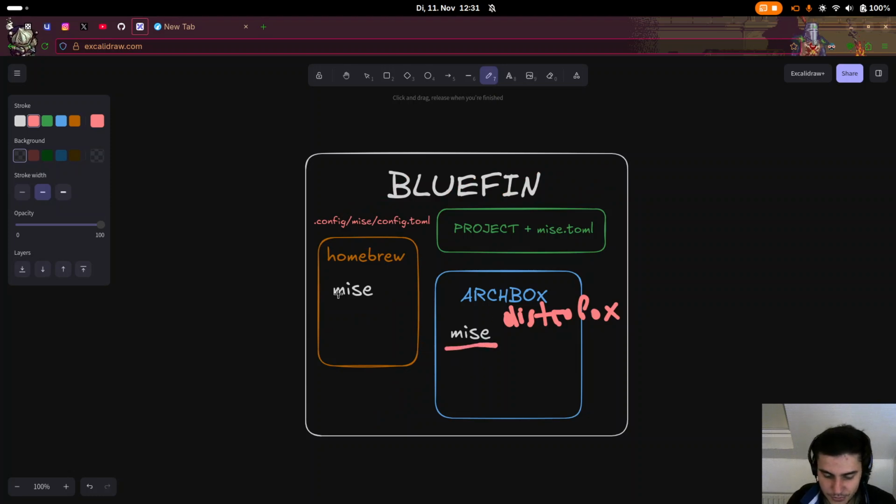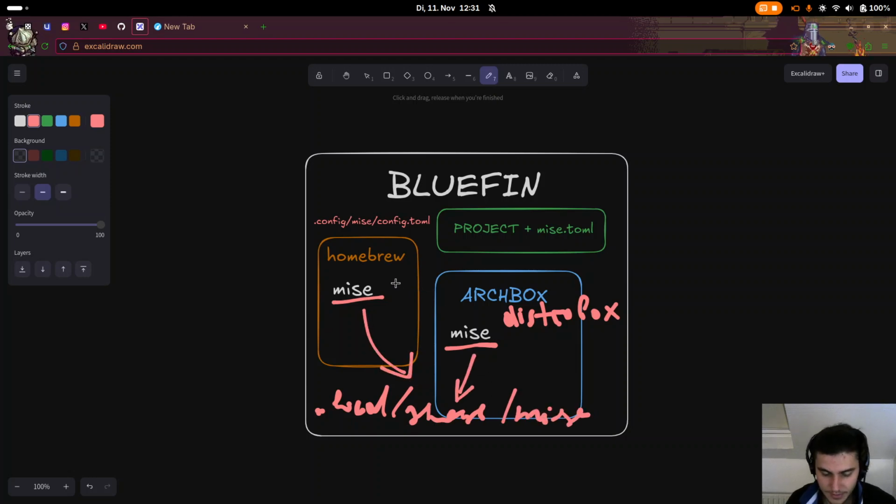You just basically bootstrap Mise on both here and here. Here it's not really necessary, but I don't want the annoying bash reminder that I'm not having Mise. And it is quite nice because Mise is going to install into your local share mise. In local share mise, it will install all the software, so it knows all the software. Everything I need globally in my system, I install globally with mise use. It will put it in my home